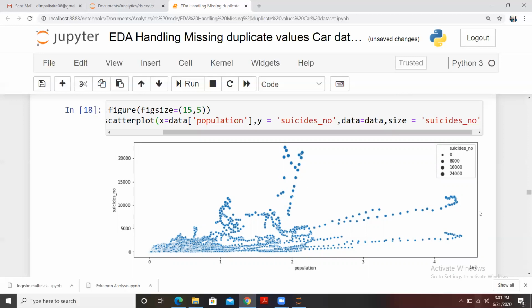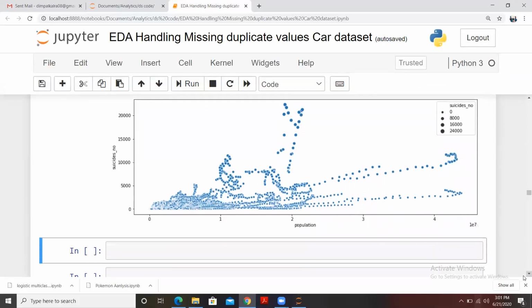So you understand, scatter plot gives you a clear understanding. In case you want, we can use a regression plot as well to check the relationship between these, whether we can develop a straight line or not. So let me do that. That is sns.regplot. We will be using regplot for that part, and my X is population,